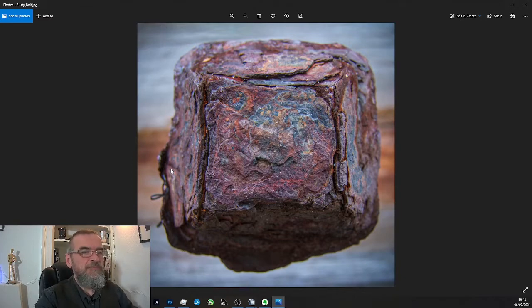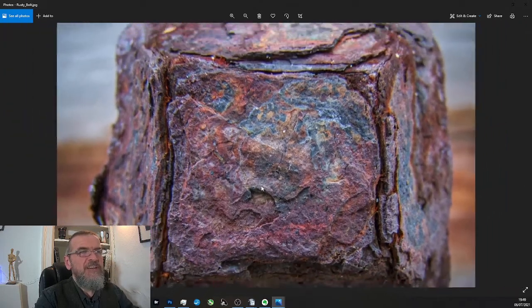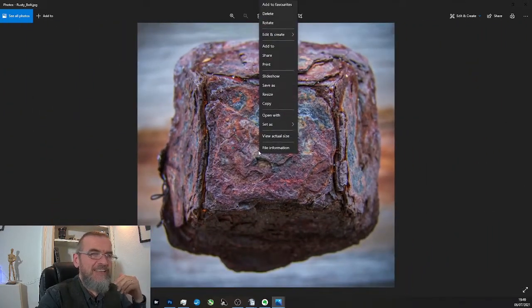With this, what we've got is a large bolt, which is actually in the side of a piece of wood down by the sea, and it's been rusted by the salt air and the salt water. But we can get that sense of texture. You can sort of see the ridges, and the ridges are coming out of the shadows that are taking place. Now, interestingly, with this,